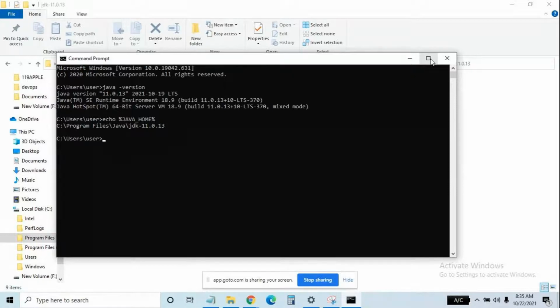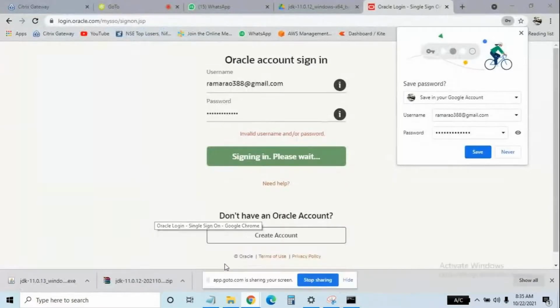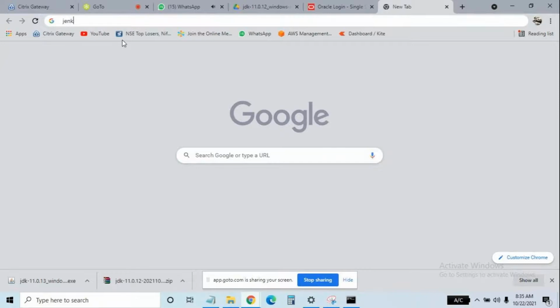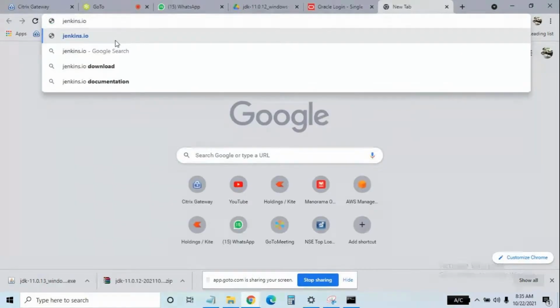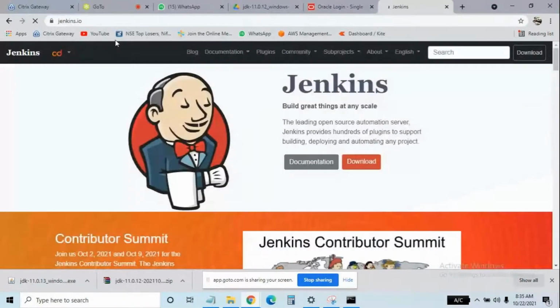Next, you can go to jenkins.io. Click on Download.